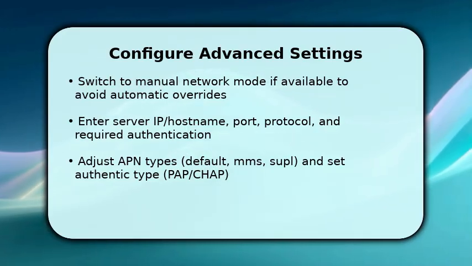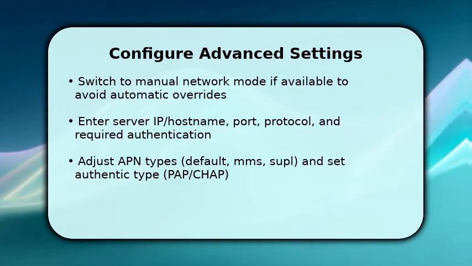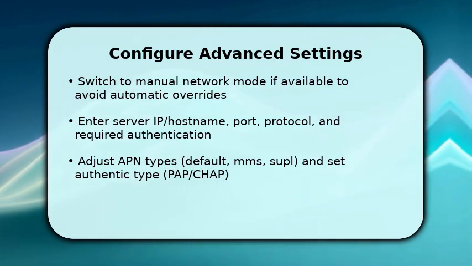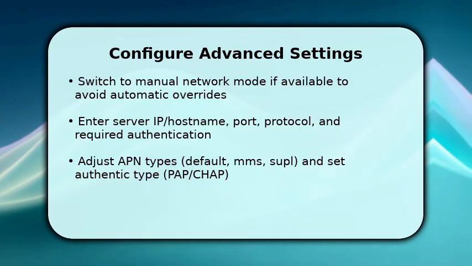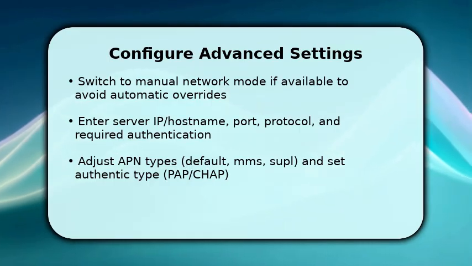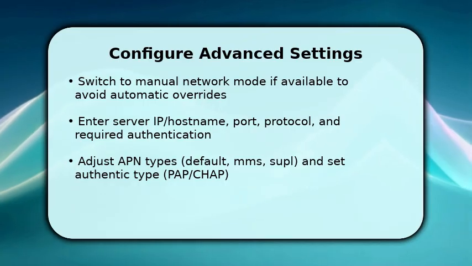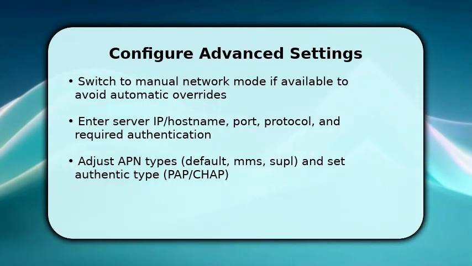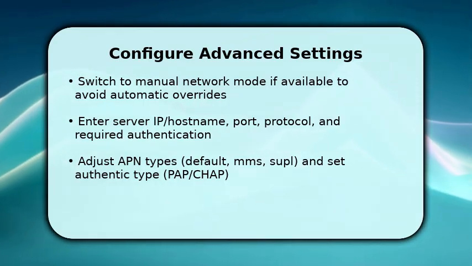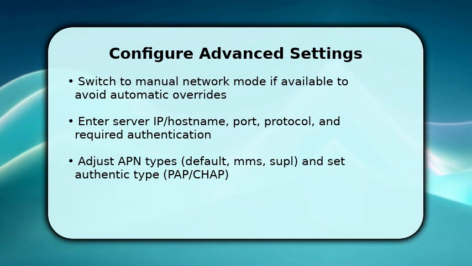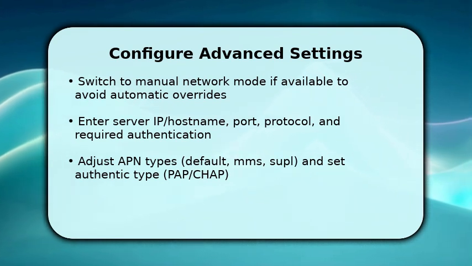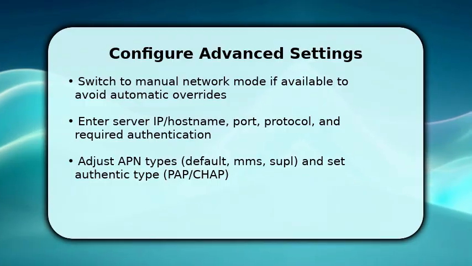Open the APN entry and replace values with the new server IP or hostname. Add the port and select the protocol, IPv4, IPv6, or dual stack, according to server specs. Populate authentication type and username/password exactly as provided. Once done, ensure APN types include default and MMS when relevant, and save the entry before exiting to force the